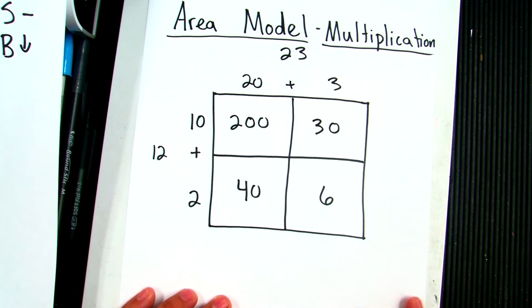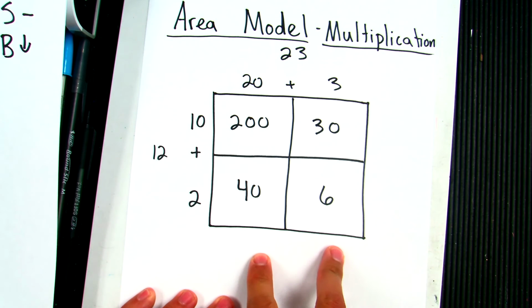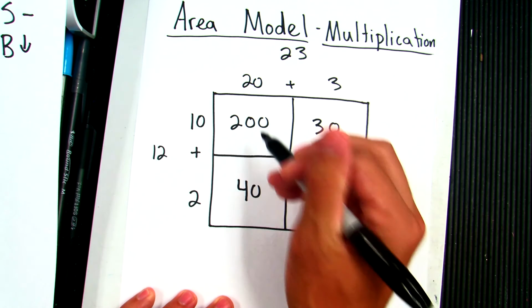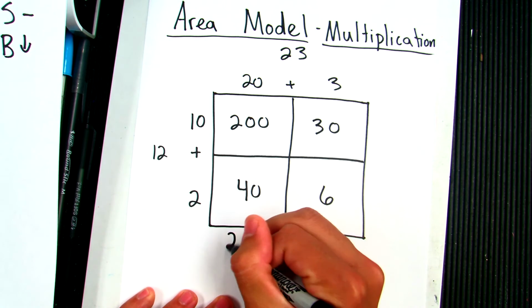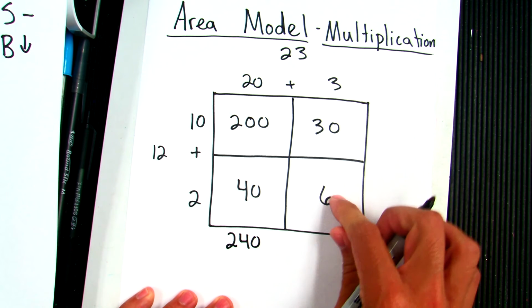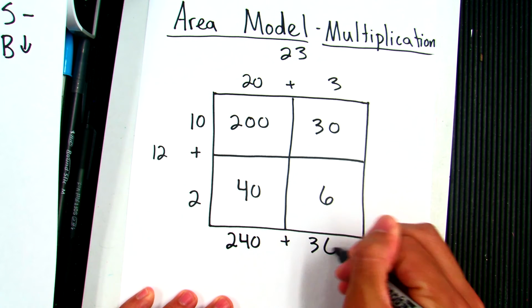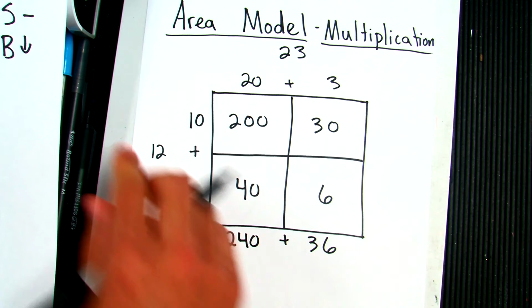And for the sake of the example, I'm going to add going down to bring it all together. So 200 plus 40 is 240. 30 plus 6 is 36. Okay, so I also want to go back and show you